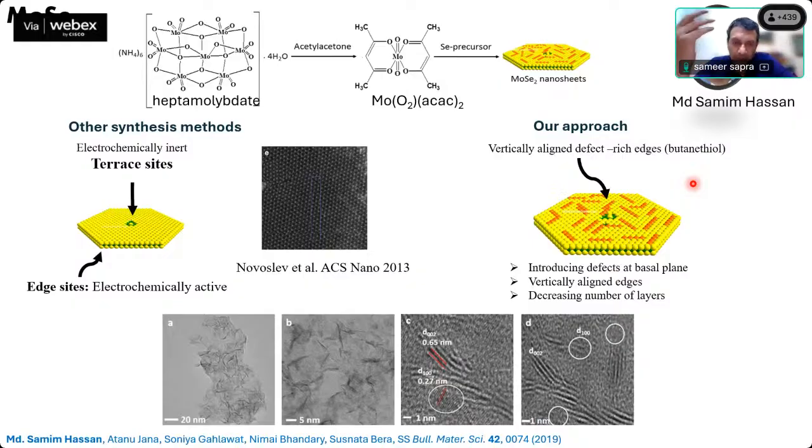Acacs are usually very good precursors for any synthesis, especially if you want to decompose at high temperature, and that's how he does it. He takes this molybdenum acac, takes a selenium precursor, oleylamine is the solvent in which you dissolve some selenium. That's your selenium precursor. Heat it at